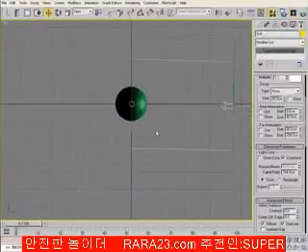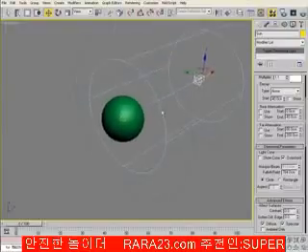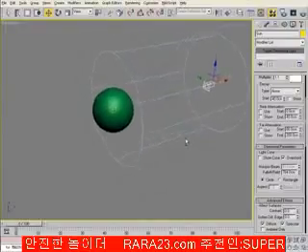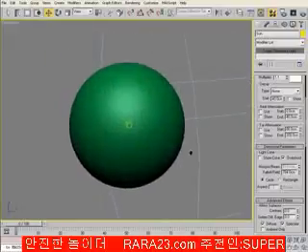And the next thing we need to do, let's just go to a front view and then hit P for perspective. Now you'll see where the light is. Let's just arc around a little bit. Let's zoom in a little bit, probably to about there, and we're in perspective view. And what we want to